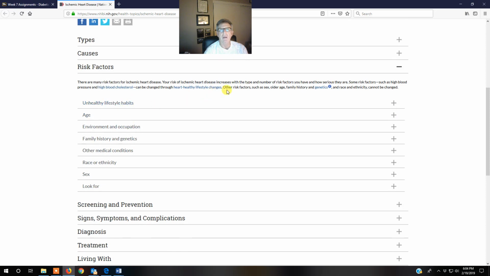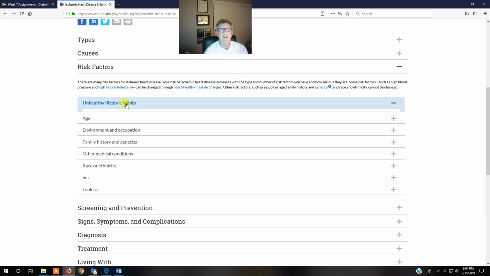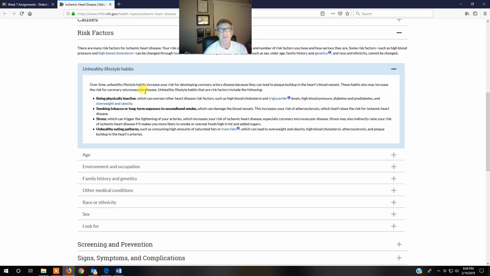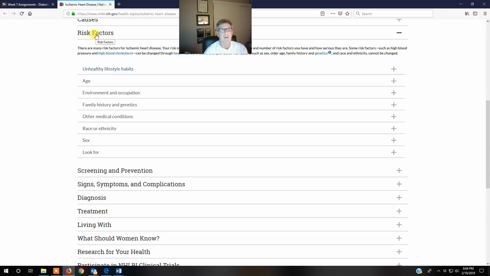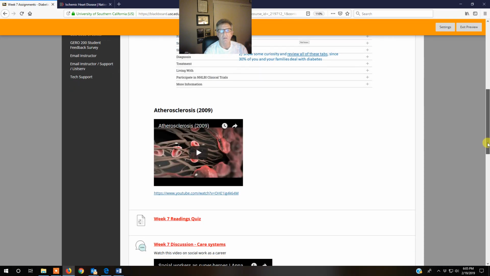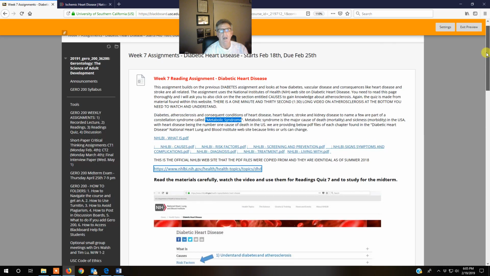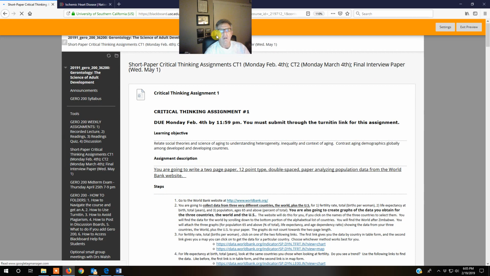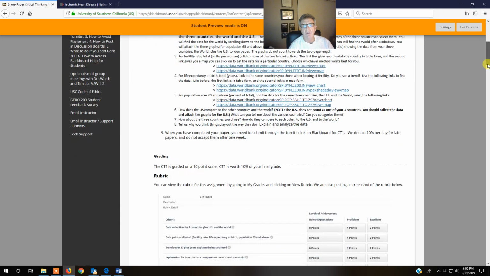Risk factors, and we see right in here that high blood pressure, okay, is a big risk factor, and we also know that unhealthy lifestyle habits, things like obesity, are a big risk factor. So you can go through all this and review this. Okay, and this is of course what's going to be looked at when you deal with your quiz down here. You have to watch this video. Okay, it relates directly back to the second critical thinking assignment that's coming up pretty soon, March 4th. And again, when you go through this, all you need to do is just kind of answer the questions.